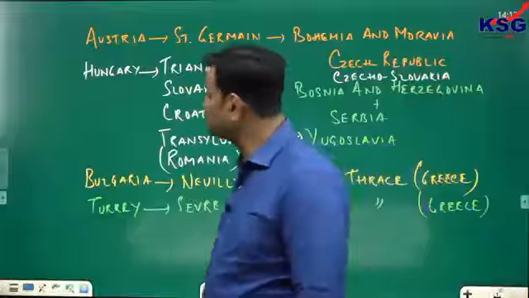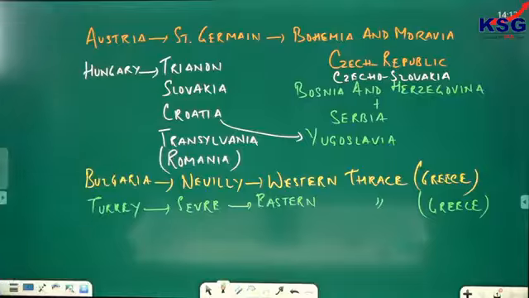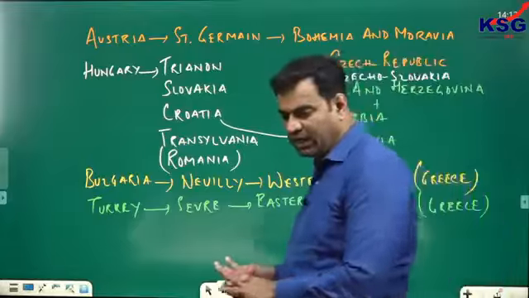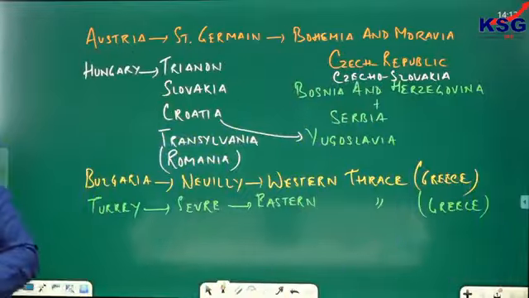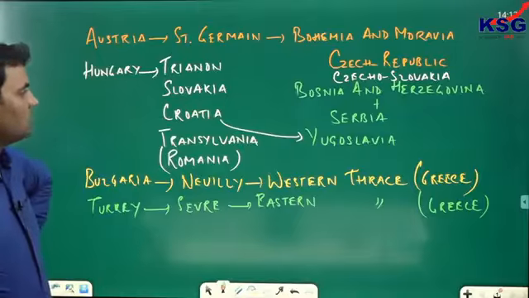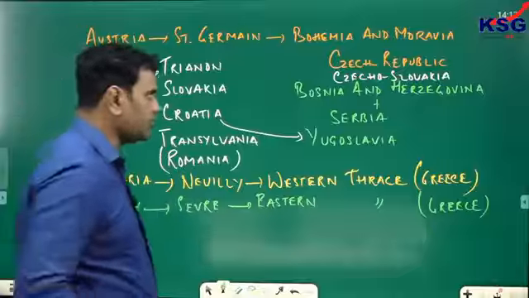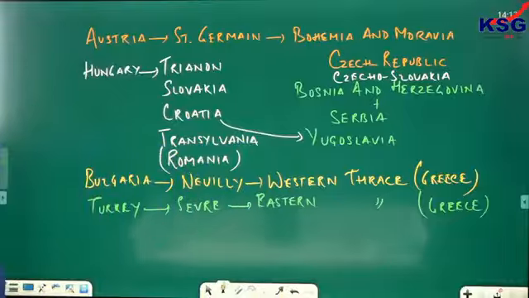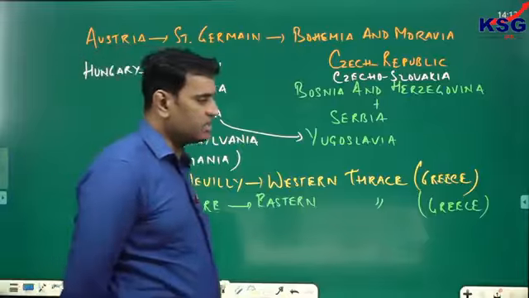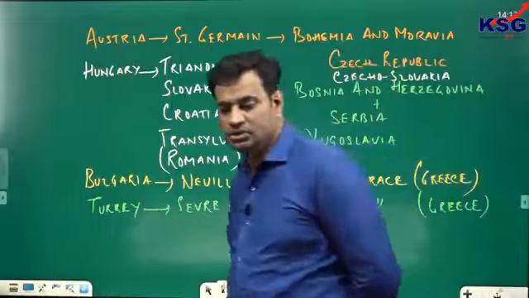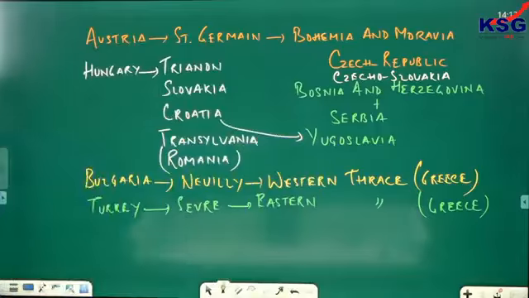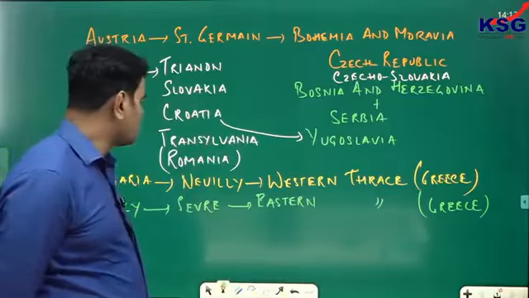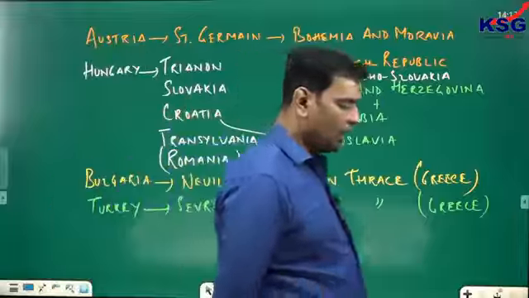Moreover, Hungary surrendered the region of Slovakia, which was integrated with the Czech Republic, to create Czechoslovakia, with the addition of Slovakia. Moreover, Hungary gave the region of Transylvania,